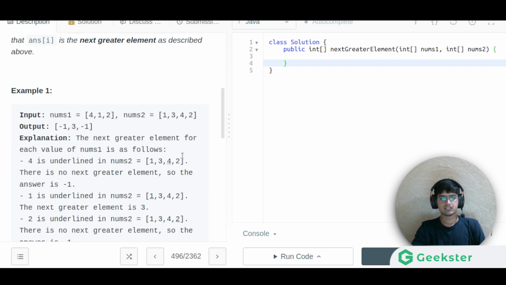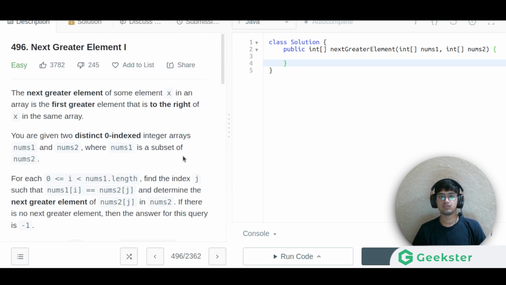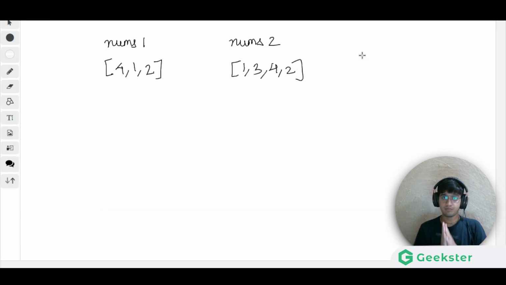Let us discuss the approach, then we are going to solve this question. Please try to solve it by yourself also. Please pause the video. I hope you understood the problem. Let me show the problem on this notepad, and then you can try to solve it on your own. If you have tried by yourself, that is good. If you have not tried yet, just see this and try to write the code by yourself.